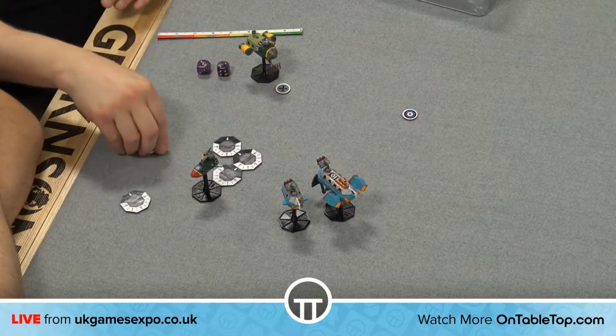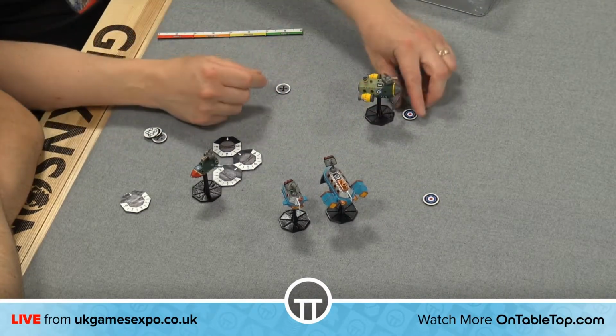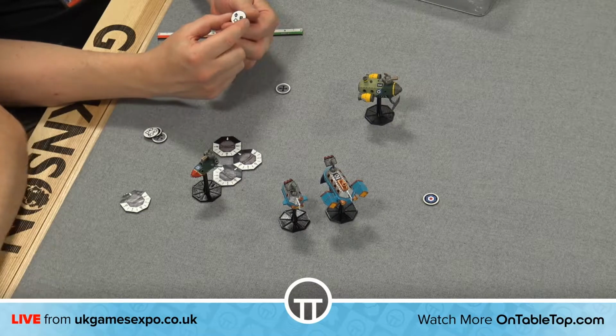I have to plan where these tokens go, so that when I've moved the next turn, I will be able to activate. And I won't go into too much detail because there's a lot of different symbols, but basically...